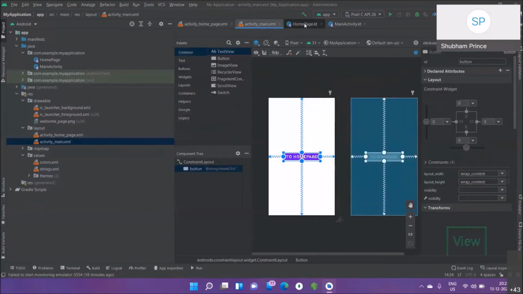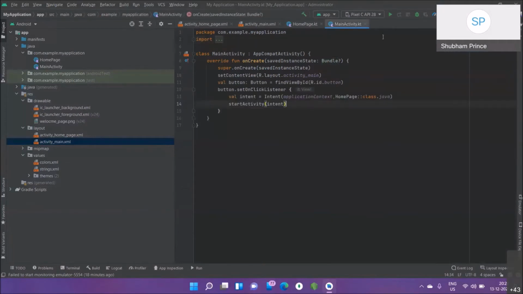So I stopped it right here. I have this main activity, and I have already told you what this intent is. I have created an intent variable, and then this intent class. The first argument, you can write it as this or the application context, doesn't matter. This is the object which the intent is going to use, and this is where we want to land. That is the home page, HomePage class.java.